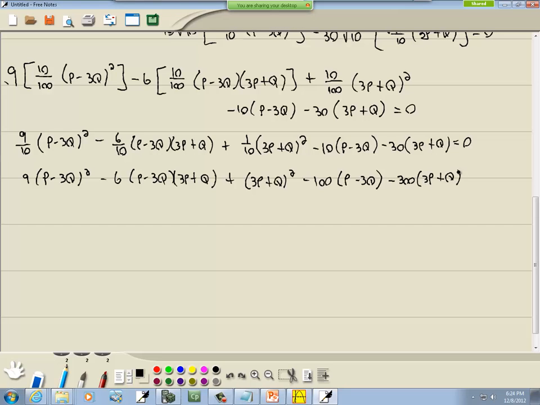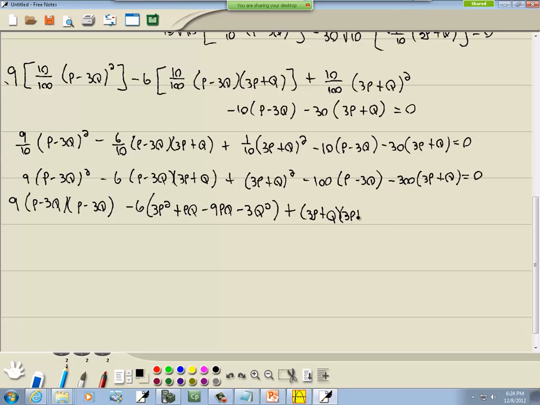3p plus q. Okay, well, this gives us p minus 3q times p minus 3q minus 6. I'm going to go ahead and multiply these together. P times 3p gives me 3p squared. P times q is pq. Negative 3q times 3p is negative 9pq. Negative 3q times q is negative 3q squared. Plus 3p plus q times 3p plus q